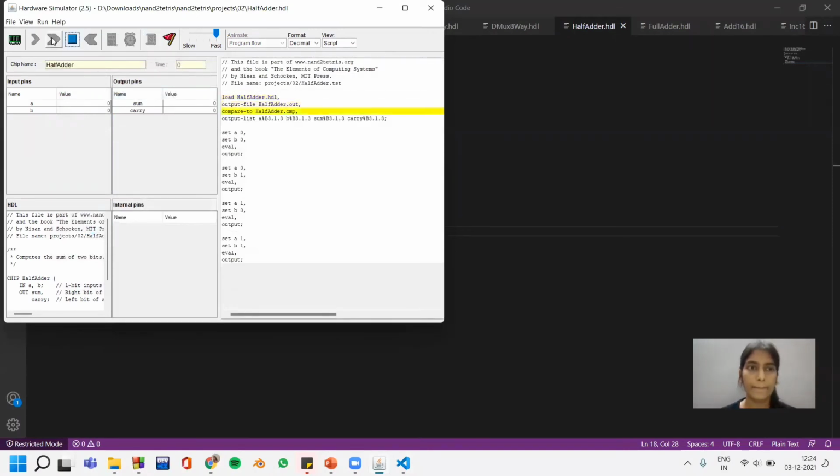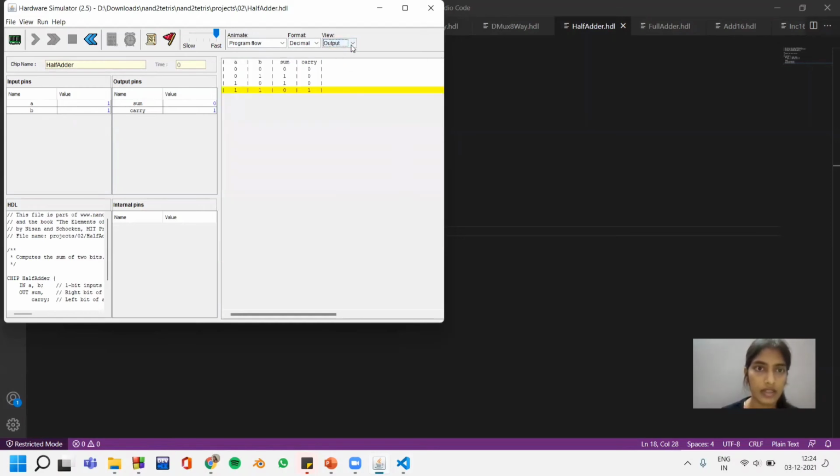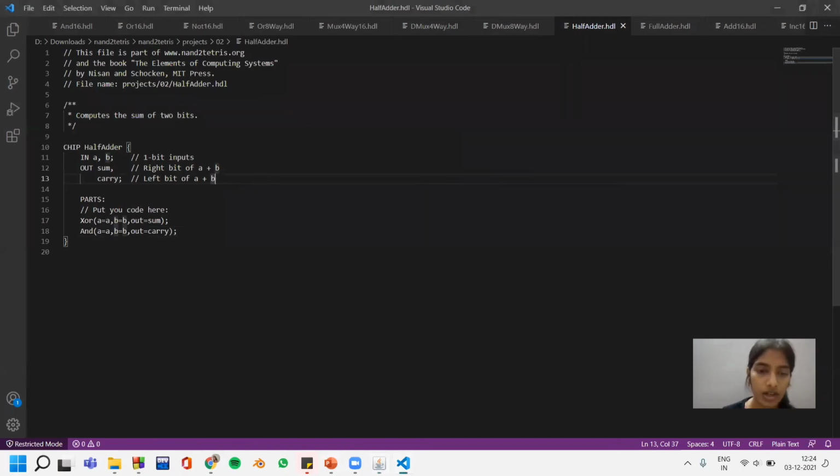Let's run the program. Let's see the output file. Compare. So yeah, the expected output and the obtained output are correct. So the code we have written is correct. Moving on,